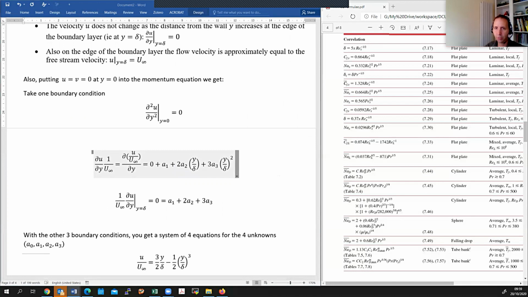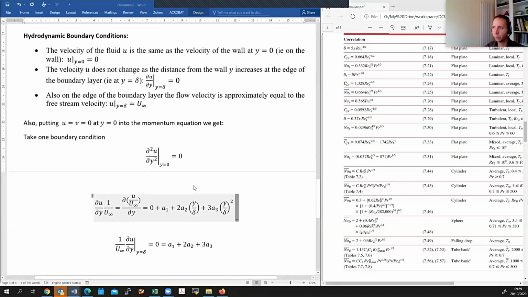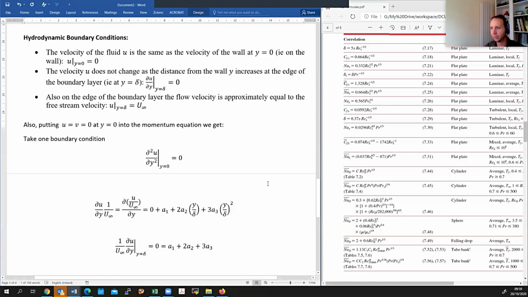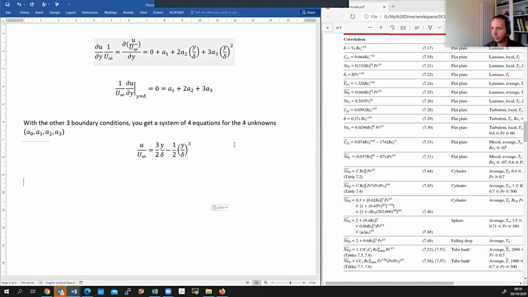You've got the momentum integral equation, which is important. You could check first that they satisfy continuity. If it doesn't, then you have a problem. But the continuity equation just gives you a condition for the velocity v, and we haven't looked at the velocity v at all. We're just defining u. So essentially, all you need to check